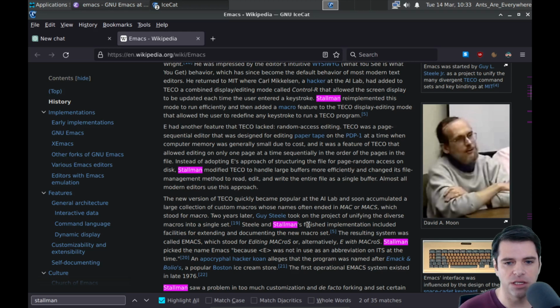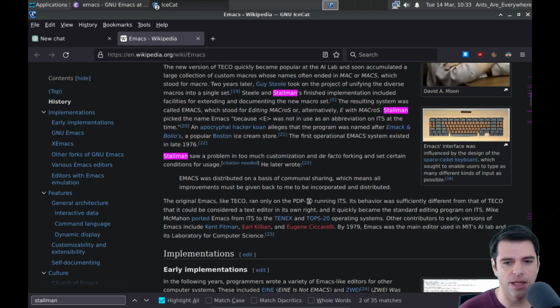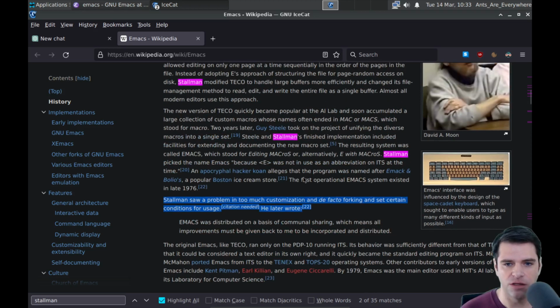So it sounds like Steele and Stallman did a bunch of work to improve it. I know that Stallman changed, I think it's Gosling Emacs was the one before it that had some kind of Lispy thing, and Stallman replaced it with Emacs Lisp. And I don't have a sense of the first operational Emacs system existed in late 1976. Okay, so